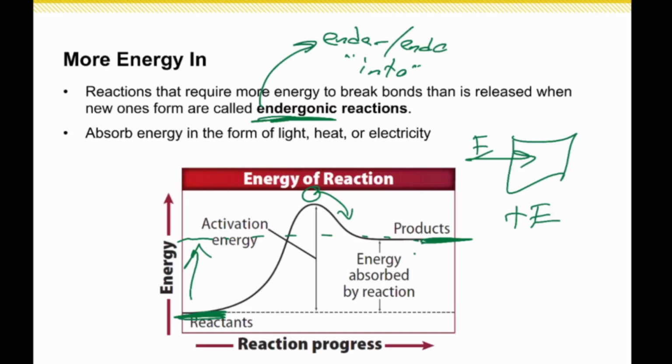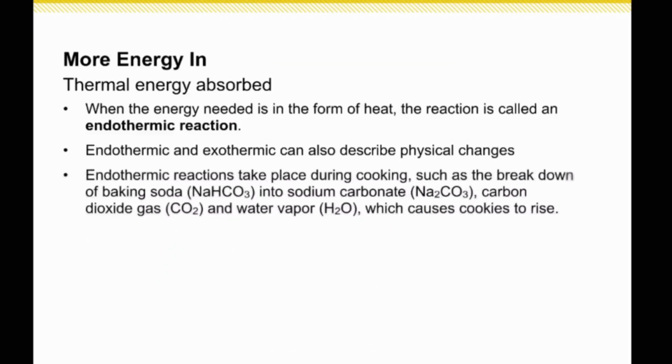And then electricity could also be the energy required for activation. For example, electrolysis, the separation of water into hydrogen and oxygen, that requires electricity. And so energy can be in different forms other than heat. It just happens to be that most often it is heat. So that's why we deal with the concept of endothermic and exothermic. And so whenever we're talking about thermal energy, that's when we're using the suffix thermic, because therm means thermal. And so, again,